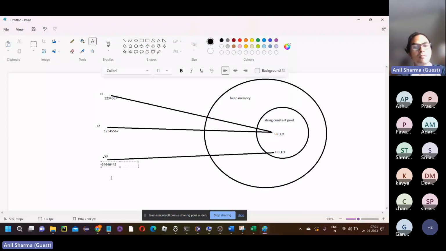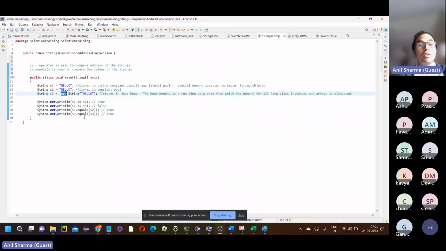It will have some address. Now when I compare S1 with S3, it will say false. S2 with S3, false. They don't have the same address with double equal to. Okay. But if I say dot equals,